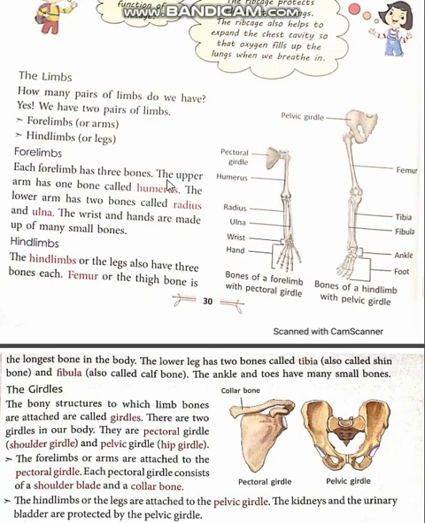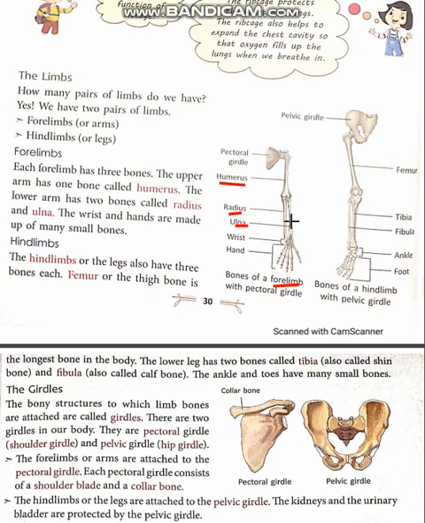Okay. The upper arm has one bone called the humerus. Now, I am talking about your forelimb. The upper part of the forelimb has one single bone. We call it the humerus. And the lower part has 2 bones. We call them the radius and ulna. This upper bone and the 2 lower bones are joined here. Okay, this we will discuss later in the topic of joints.